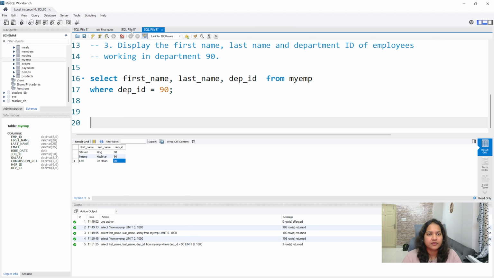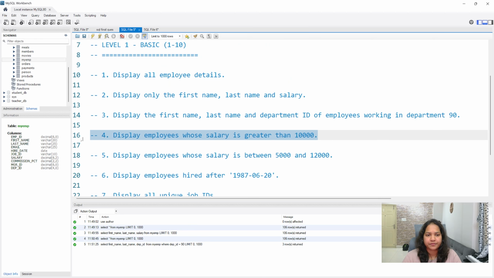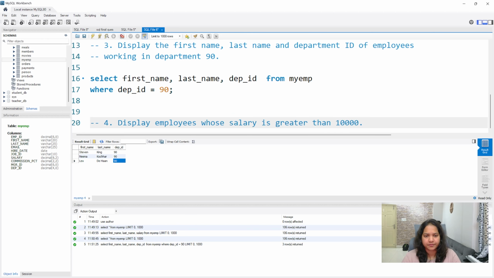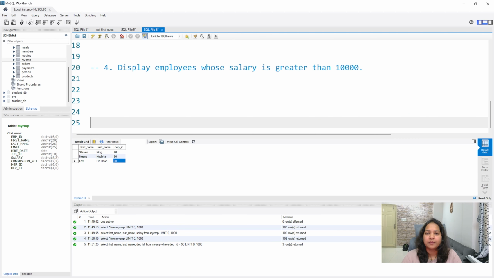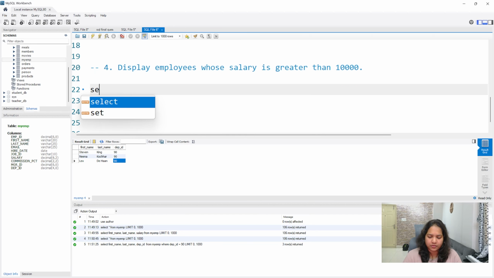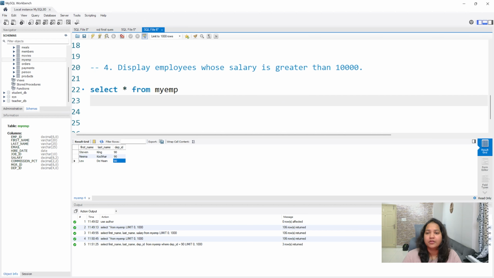Then the fourth question. Display employees whose salary is greater than 10,000. You can just take the employee ID or you can take all the records, but for now I'll just give select star. So select star from the MyEMP table where salary greater than 10,000.